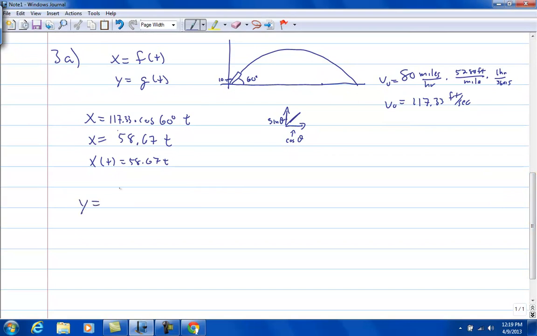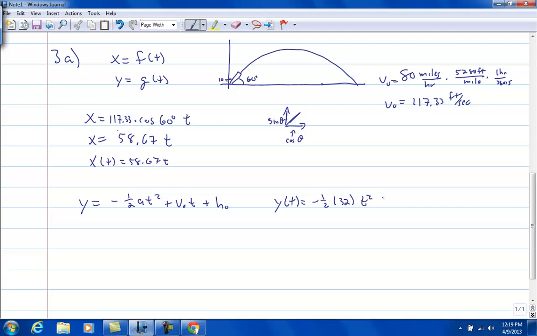So y is basically the equation we use for something falling, and it's negative 1/2 a t squared plus v naught t plus h naught. So in this case, a is acceleration due to gravity, and that's going to be negative 32 feet per second squared. So negative here is because it's falling. So y of t is negative 1/2 times 32